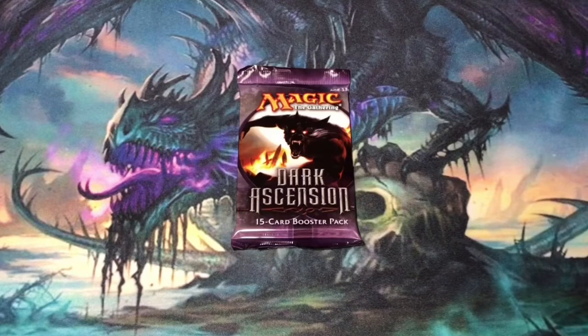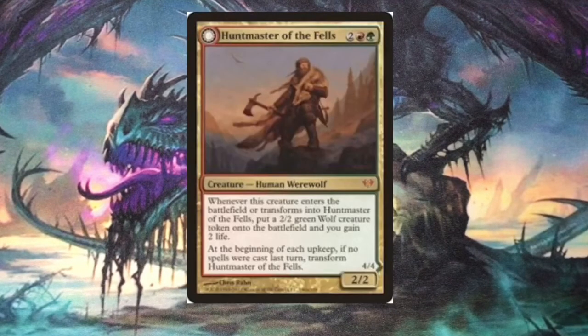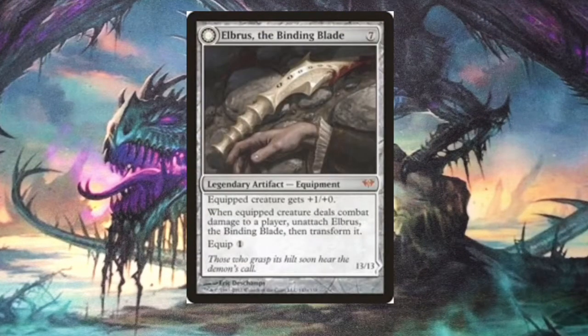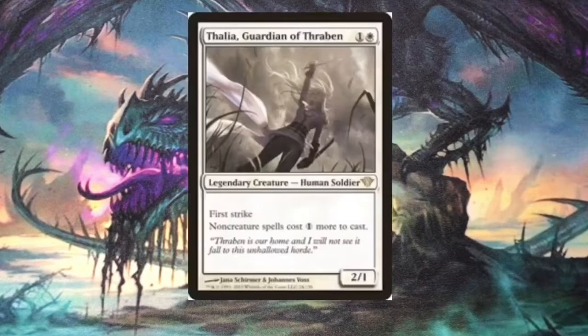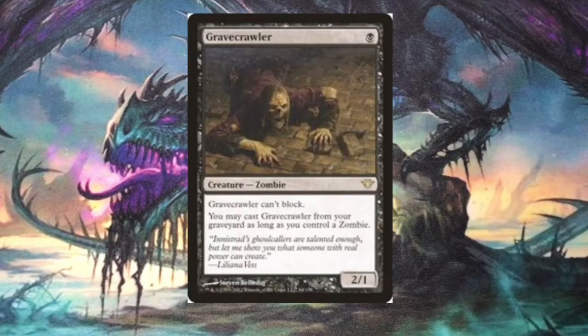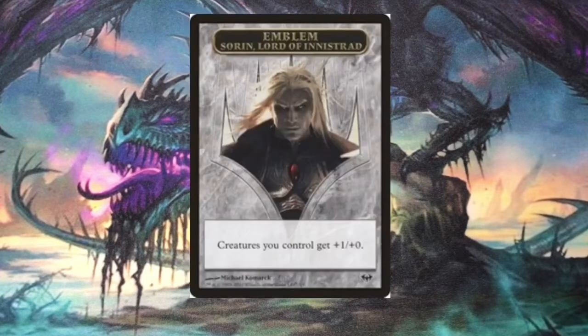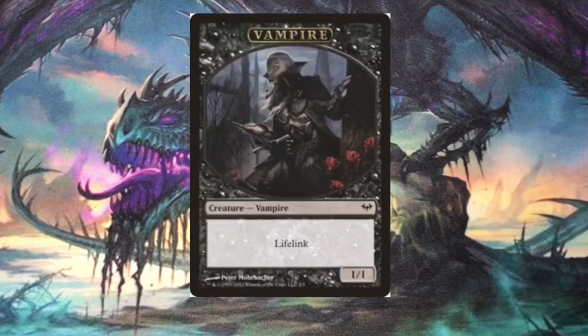Aside from Mikaeus the Unhallowed, some of the mythics I'd like to pull: Sorin, Lord of Innistrad, Huntmaster of the Fells, and Elbrus, the Binding Blade. Rares that I wouldn't mind getting: Thalia, Guardian of Thraben, Vault of the Archangel, Gravecrawler, Dralnu's Messenger. There's even a couple of tokens that have some value: Sorin's Emblem, and the Vampire token that goes along with